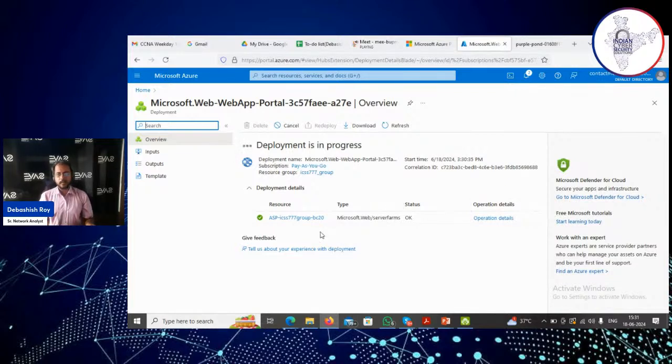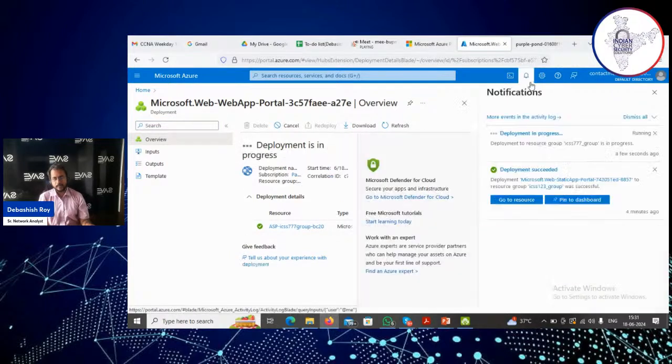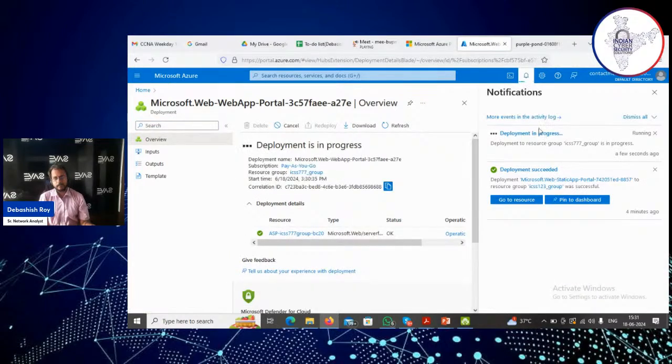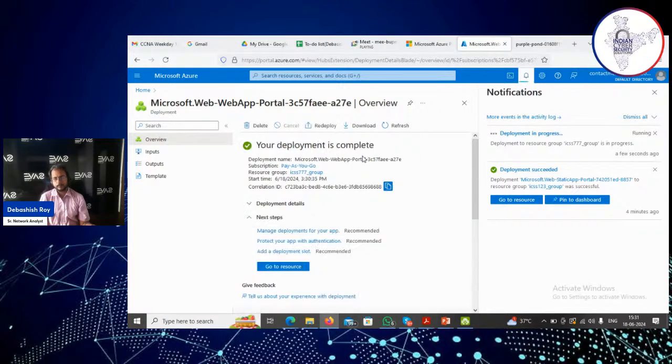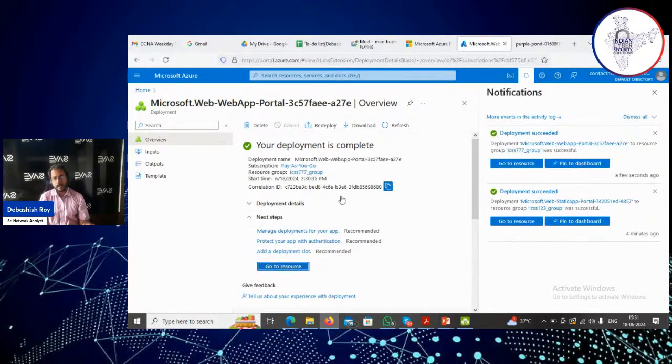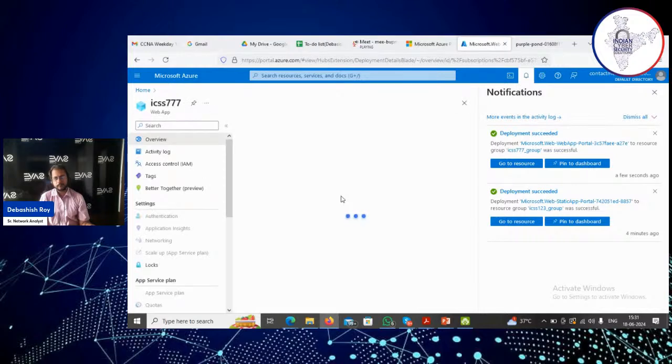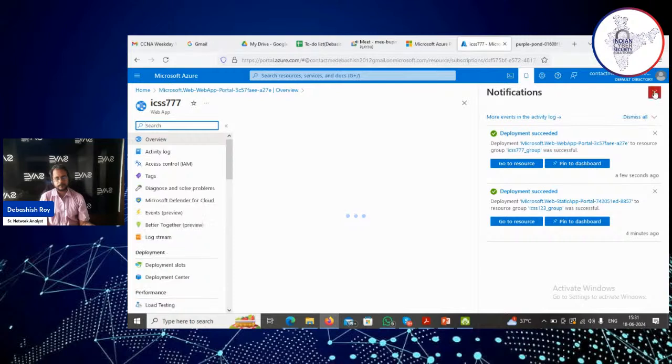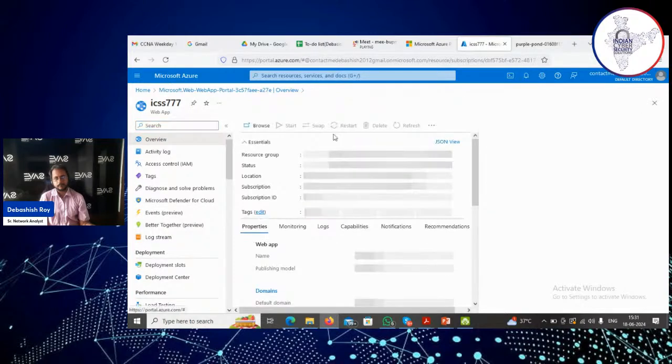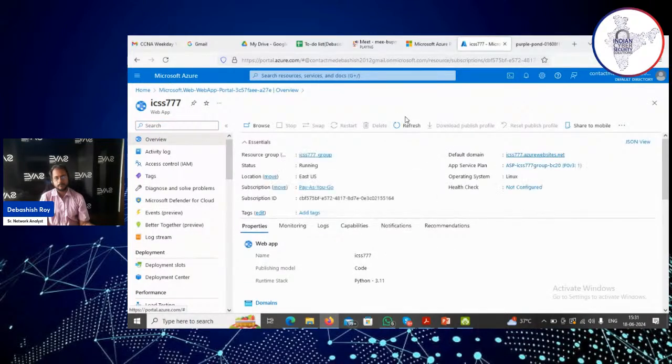Actually, it's taking the ASP.NET service. It will be completed soon, as you are seeing that it is creating this web app. Yes, now it is deployed, and if you go to the resource, then see that this web app is successfully running.